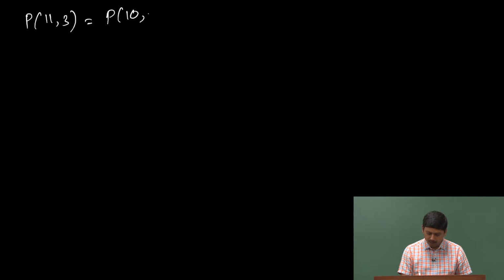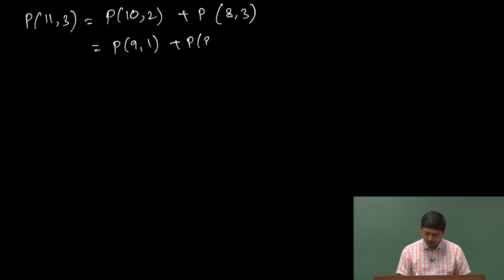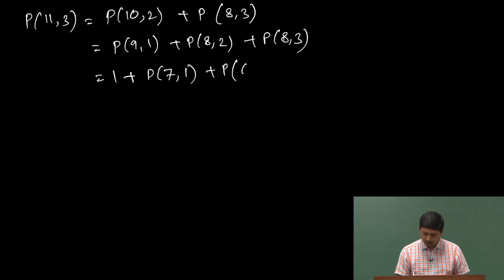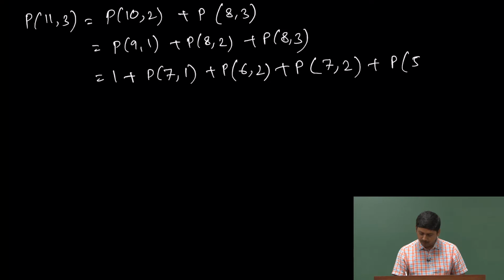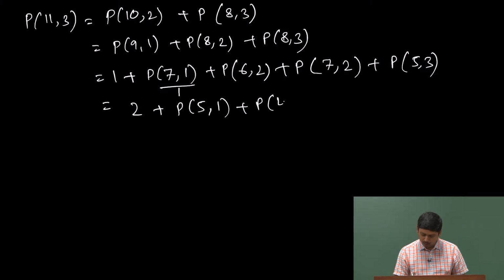I will just do one more time just to check. So, P(11,3) is P(10,2) plus P(8,3), equal to P(9,1) plus P(8,2) plus P(8,3), equal to 1 plus P(7,1) plus P(6,2) plus P(8,3) is P(7,2) plus P(5,3), equal to 1 plus 1 plus P(5,1) plus P(4,2) plus P(6,1)